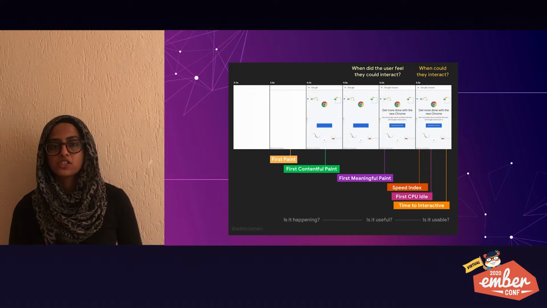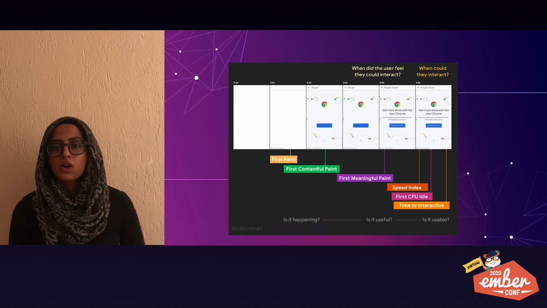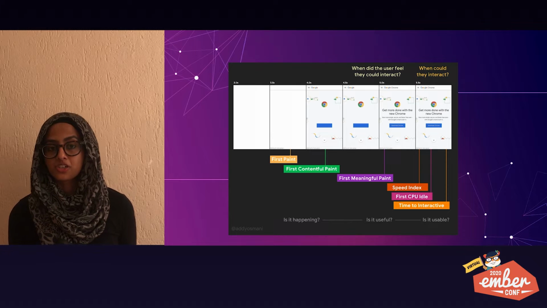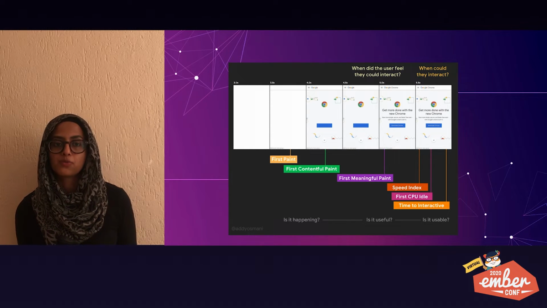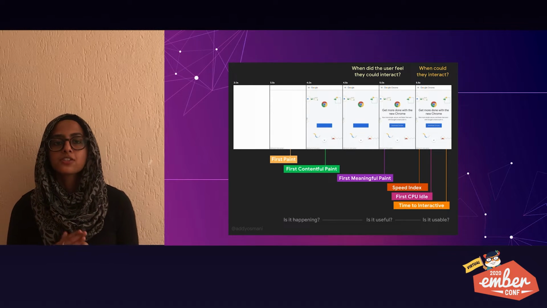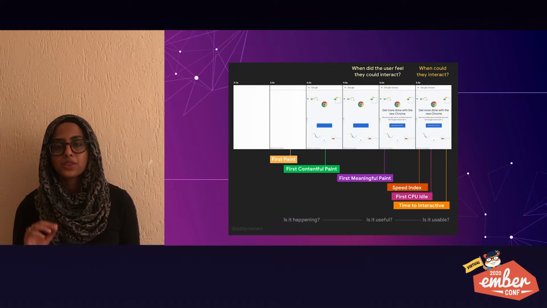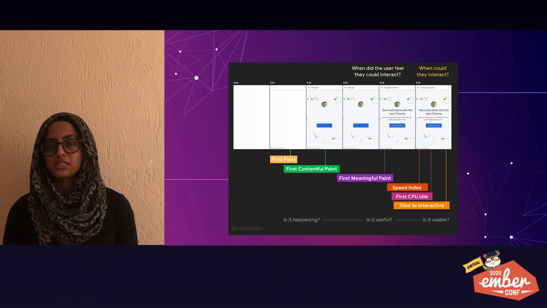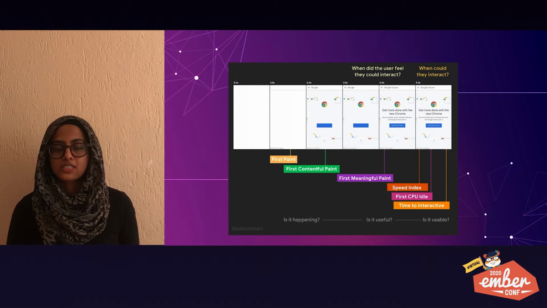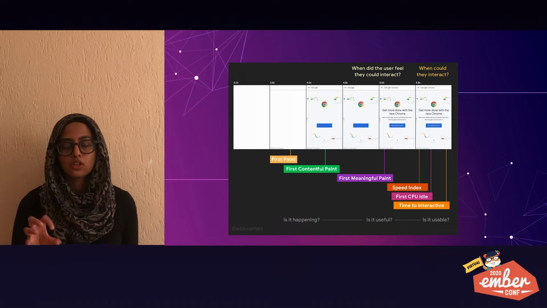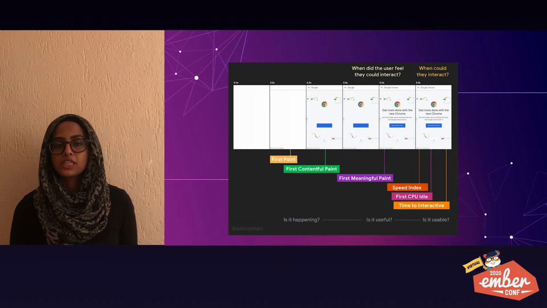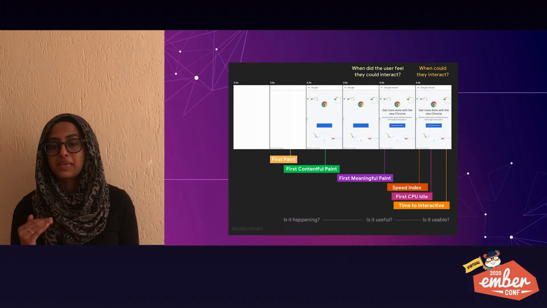Depending on the structure of the page, this could be displaying the background color or it could be the entire page being rendered. It simply depends on how the app was structured and how intentional they were about performance. We want to optimize for most of the page being rendered. The first contentful paint is the point when the browser renders the first bit of content from the DOM, which must be text, an image, or any element. For site visitors, this time signifies when actual content has been loaded on the page and it wasn't just any change. The first meaningful paint measures when the page appears meaningfully complete.